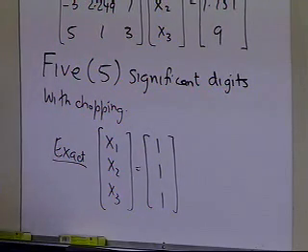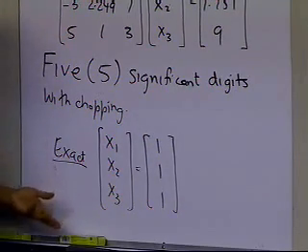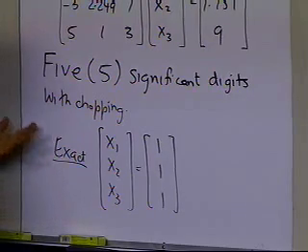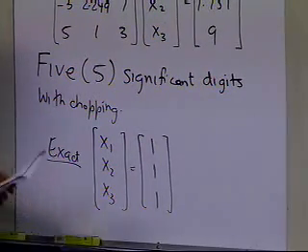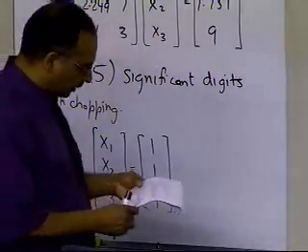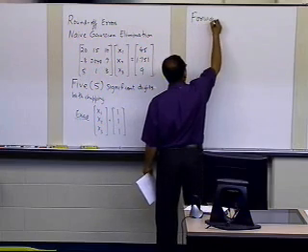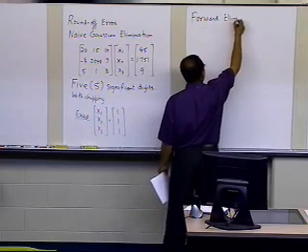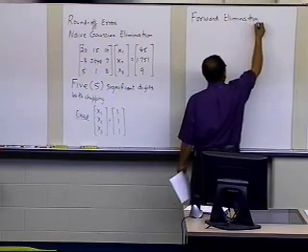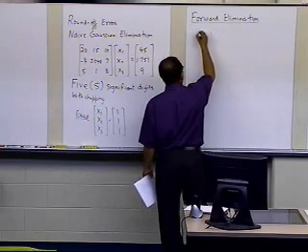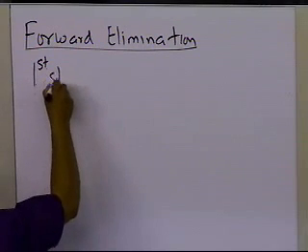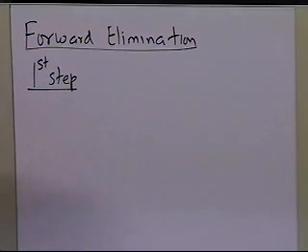I'm going to skip certain parts of this problem, the forward elimination and back substitution, mainly because we have already done that in a separate segment. So in this segment, we are going to talk about the forward elimination. We'll have 2 steps of forward elimination because we have 3 equations, 3 unknowns. In the first step, I need to take the first column and make everything below the first row 0. And this is what I get.